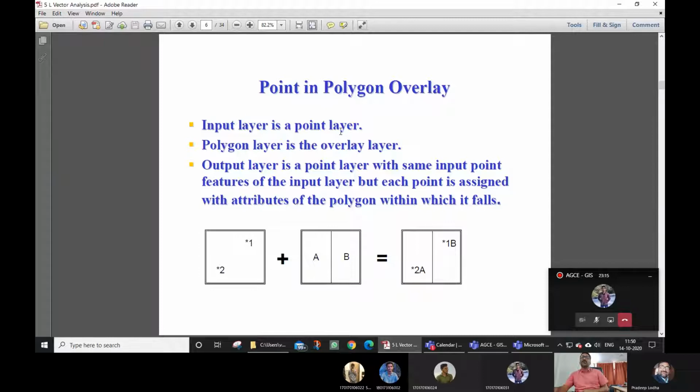So the input layer is a point layer, and the polygon layer is overlaid onto it. Then the output layer is something like this: the input layer is getting divided into two. It is holding 2 points, 1 and 2, but the attribute that says point 2 now belongs to polygon A, and point 1 belongs to polygon B. So this is the output layer created.